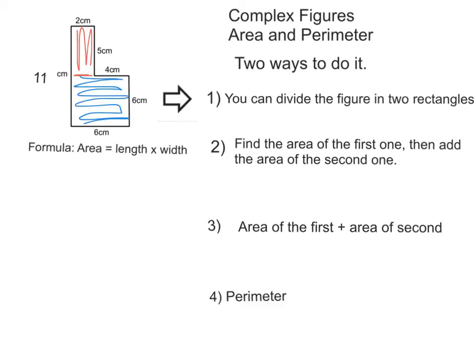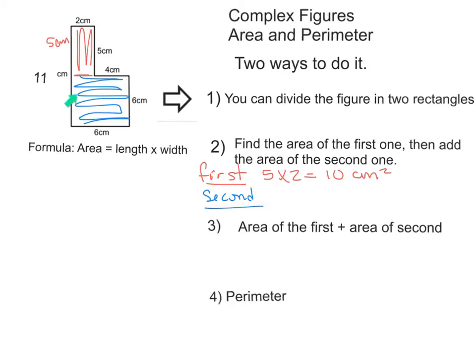Now, to find the area of the first one, we can say that this side is 5 and this is 2. This is 5 because this is 5. So I'm going to write down 5 centimeters. To find the area of the first one, you will have to multiply 5 times 2, which is 10 centimeters square. The second one